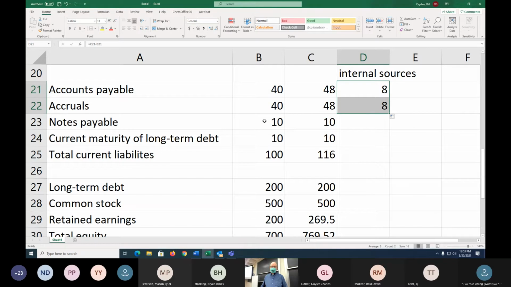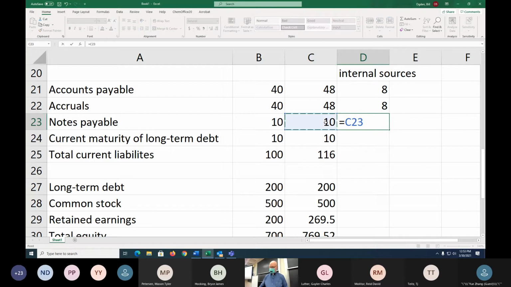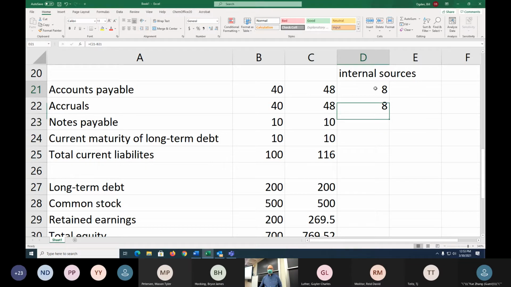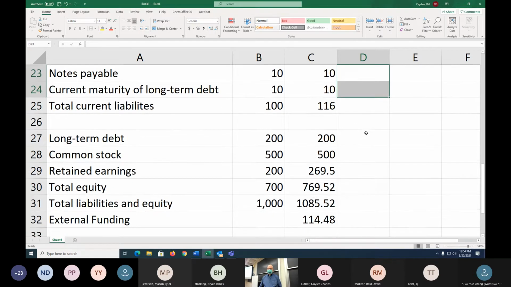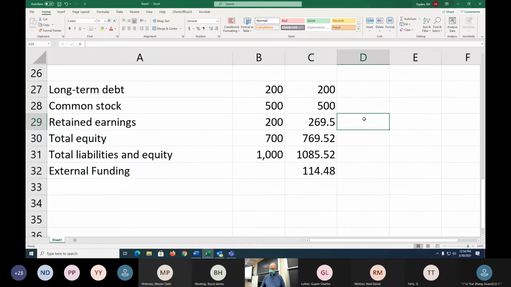Okay. Now, this part will take an active intervention. That won't just happen because sales increase. So we're going to leave these two as they are. Oh, sorry, leave it alone, period. I'm sorry, I'm just estimating internal sources. So there, that's internal, that's internal. Any changes here would be due to an external change. And then over here, that's our other internal source, our addition to retained earnings. So we have control over these internal sources. This is what we are doing,